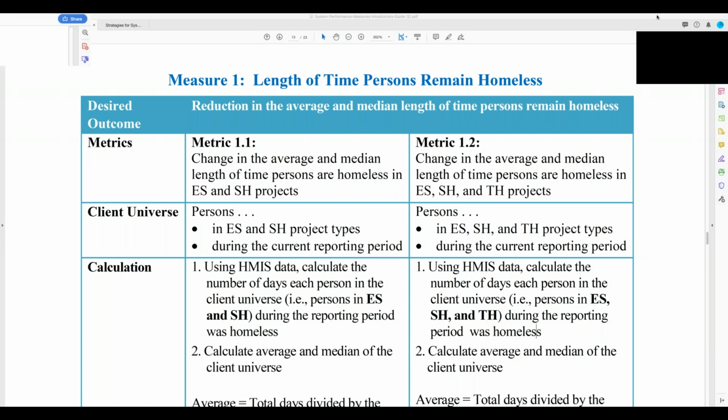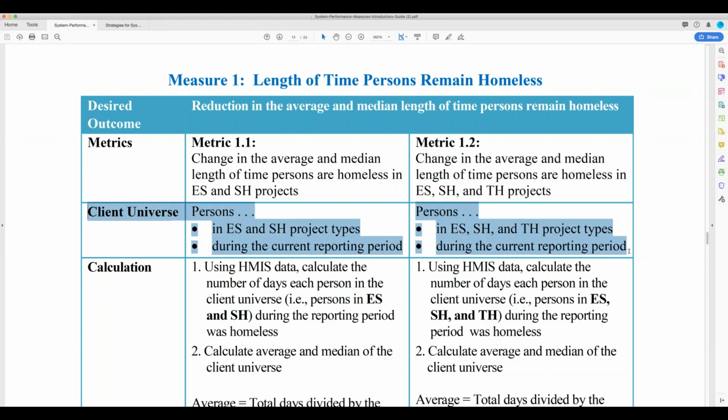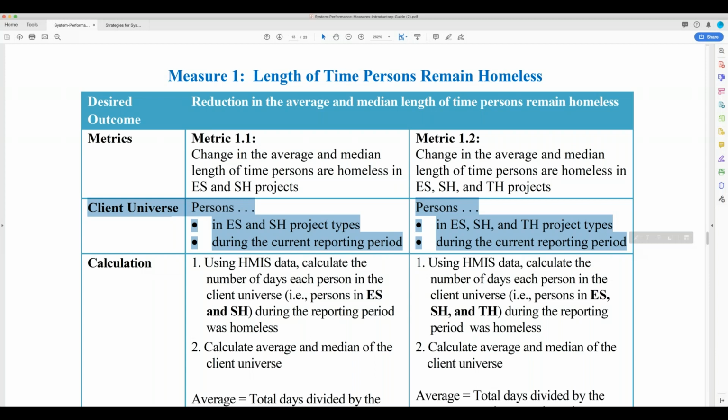Those of you who were on the first installment of our webinar may be cringing because this is approximately the same presentation information that we talked about last time. The reason is that this field here, when we're talking about the system performance metrics, is again from that system performance measure introductory guide that I mentioned was a good template for understanding these measures. That's what we're talking about when we're talking about CoC funded and non-CoC funded entities pulling into our system performance measures: the universe that the data is pulling from, or the total data set.